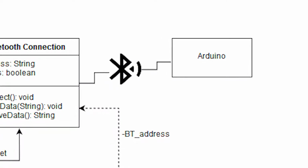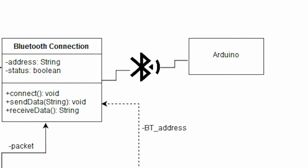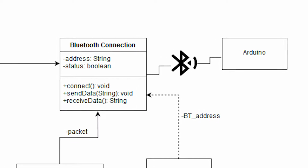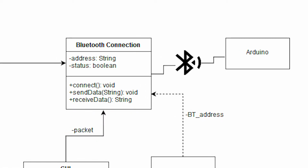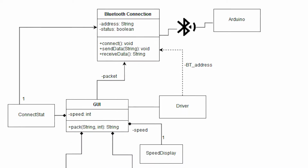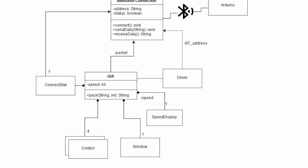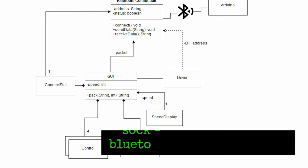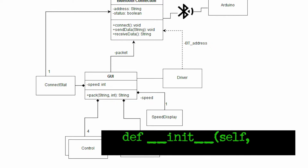The receiver interfaces with the microcontroller, pictured in this UML software diagram. The Arduino communicates with a Bluetooth connection object, which holds a string address and the status of the connection, and has functionality to connect and send and receive data. This is controlled by the graphical user interface with objects for the user to input their desired direction and speed, being written in the Python scripting language, which has a variety of accessible libraries for Bluetooth communication and GUI building